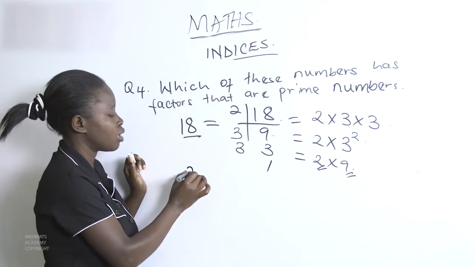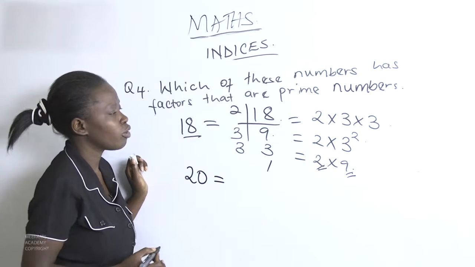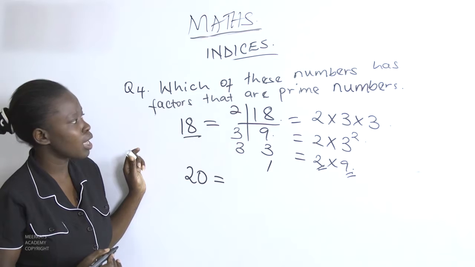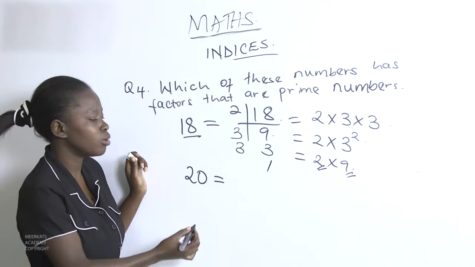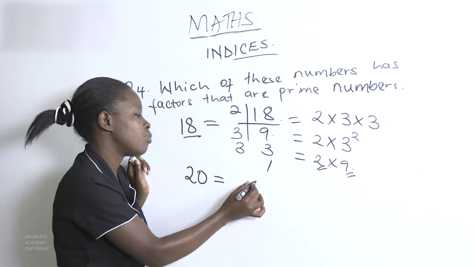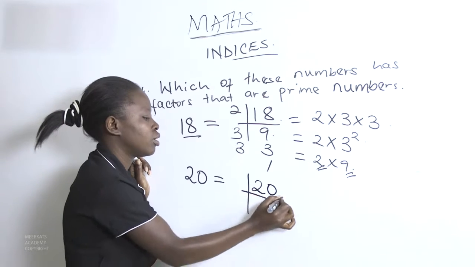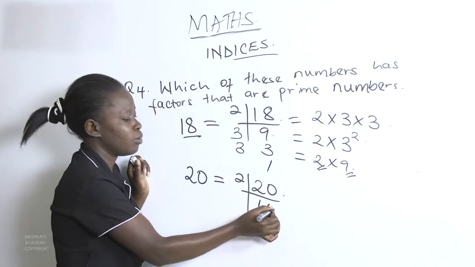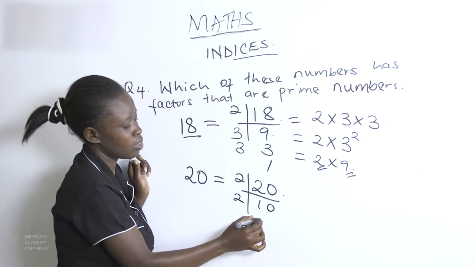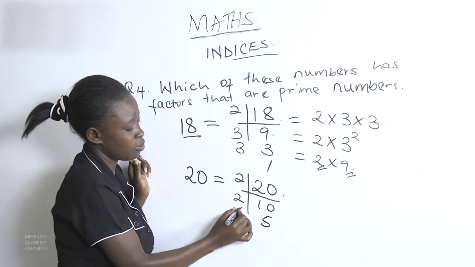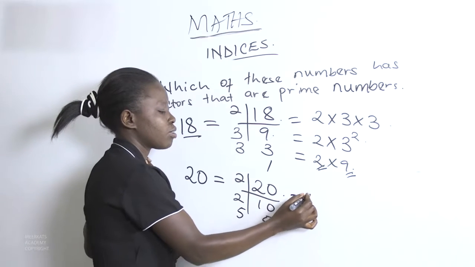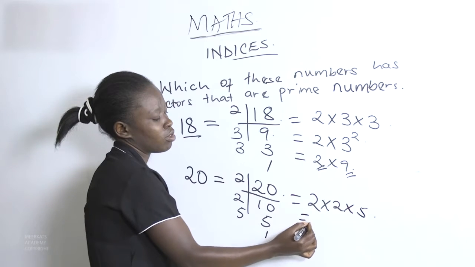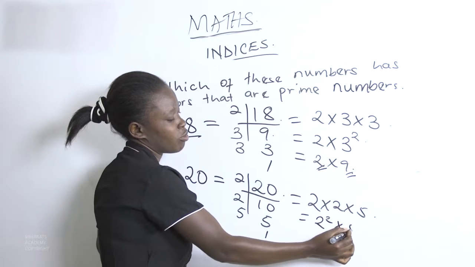Then another number, we have 20. To confirm if 20 is a composite, I mean a number that is made up of factors that are prime or not, let us find out. 2 into 20, we have 10. 2 into 10, that is 5. Then 5, 1. So this makes up 2 times 2 times 5, which is 2 squared times 5, and 2